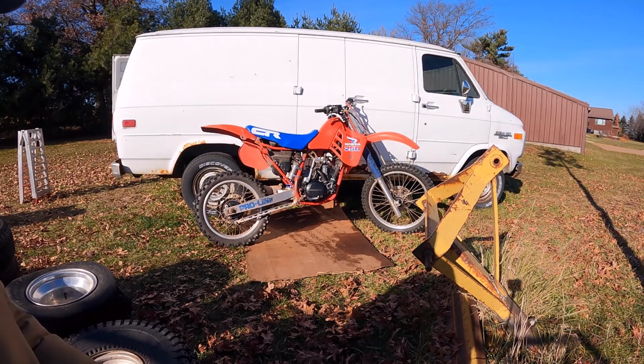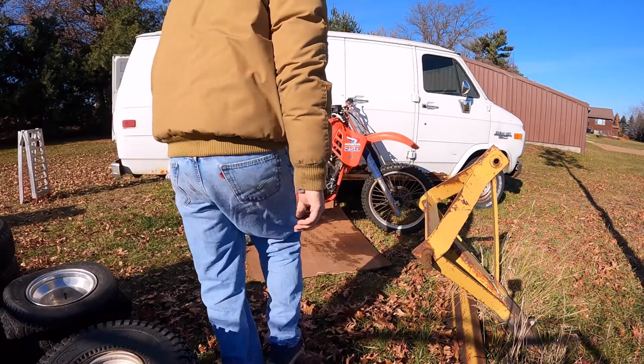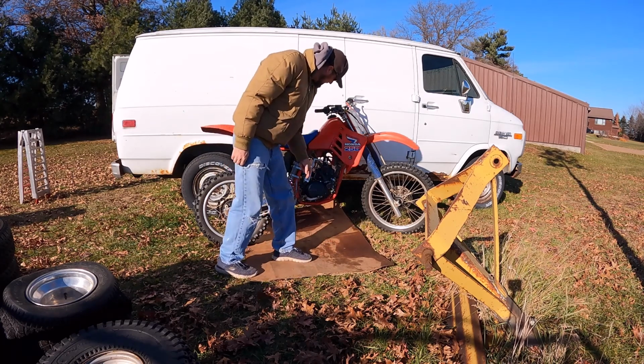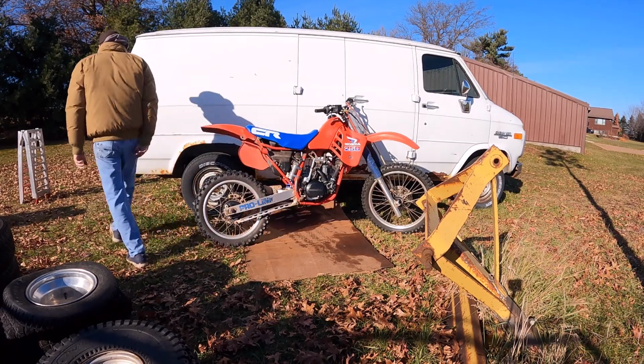Okay, time lapse of stripping this girl down to her bare naked frame. We're going to have to start with this one. I'm going to take the seat off first because then I can see how the